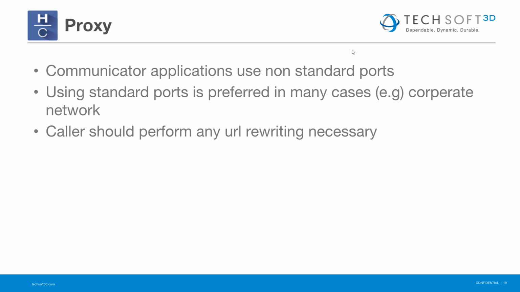So the proxy here is going to handle that case for us. So it's going to listen on a standard port, and it's going to route traffic to that non-standard port on our own machine. And any URL rewriting that needs to be performed will have to be handled by